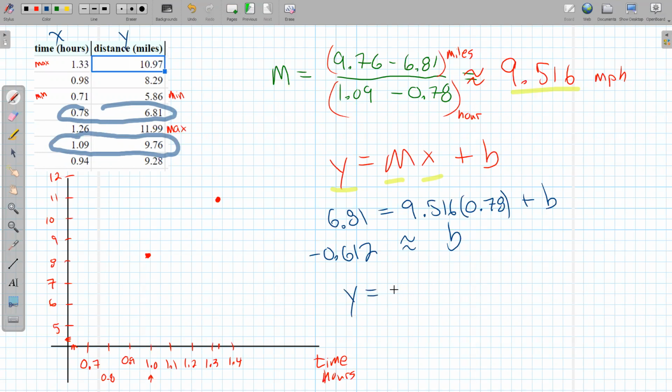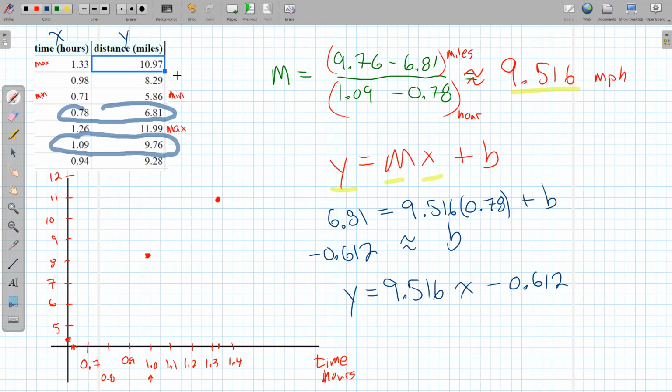So if y is my distance and x is my time in hours, then I think the equation is y equals 9.516 for a slope times x minus 0.612. I know what the slope means, that's miles per hour. What does the y-intercept mean? That's usually like a starting point.